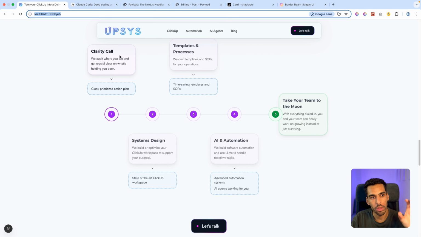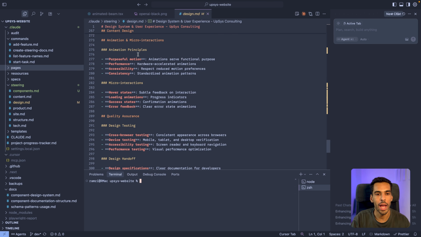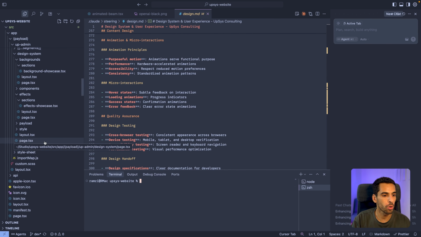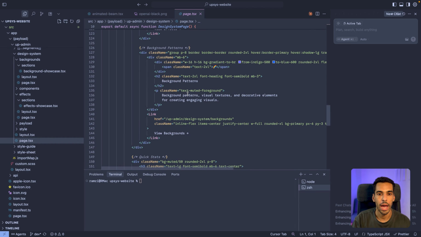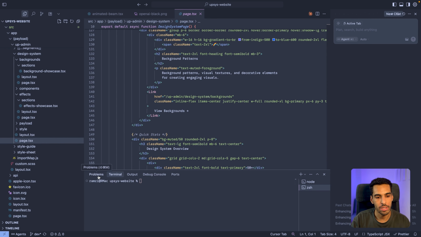To interact with this local version, I use an IDE called Cursor. An IDE looks like this. You have a space in the middle where you can see your code. If we go to an actual code file, you can see it in here, and you can see how it looks. Here you have access to issue fixing and a terminal that lets you actually interact with Claude Code,